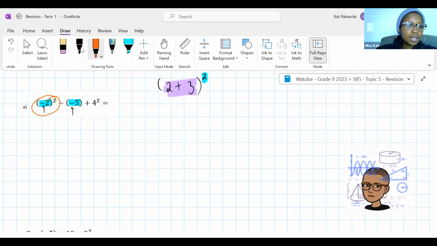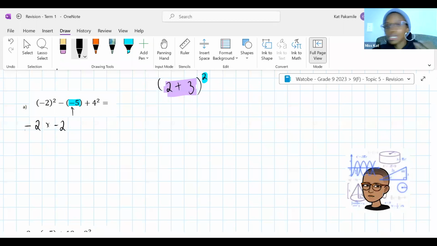Tell me in the chat, in the brackets, what does that mean? Thank you, Elsie. It is positive 4, but negative 2. Now do we see why we needed the brackets, guys? These brackets are telling you that you are squaring the whole negative 2, as in you are saying negative 2 times negative 2. And 2 negatives give you what? Thank you, Paul. Do we see now the use of these brackets? These are not brackets that need to be worked out. These are brackets that are just giving you additional information. So 2 negatives give you a positive, and 2 times 2 is 4.